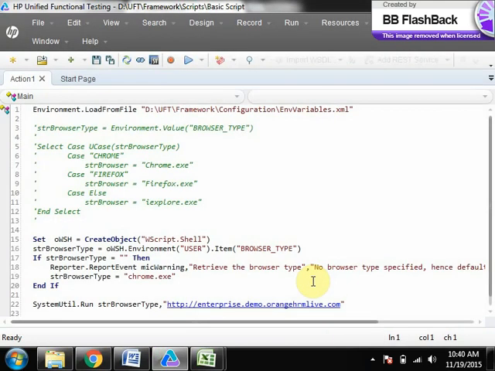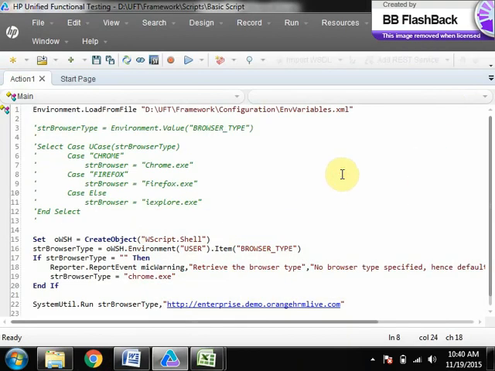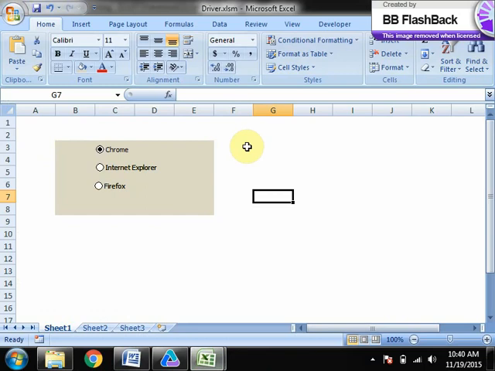Let's launch the Chrome browser. The existing browser was already there. Easy to do the setting, right? So this is how we deal with multiple browsers. This is the basic setting.